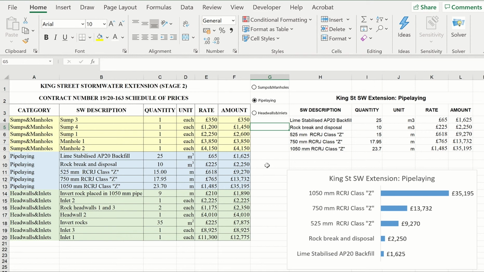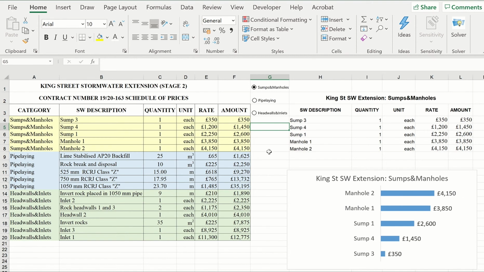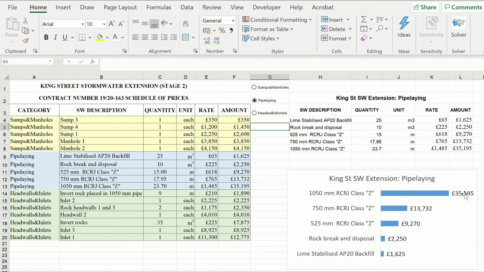In my example, I use results of a group design project where students had to design a storm water extension system. Their design included 3 categories of data, and based on the option button they choose, they can display different categories on their chart as well as on their table. For example, when they choose category number 1, they display sums and manholes. When they choose category number 2, they display another set of data, and their table as well as a chart